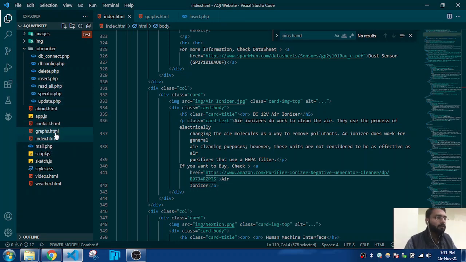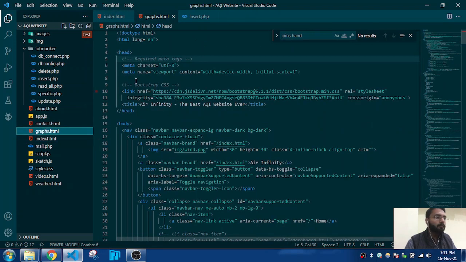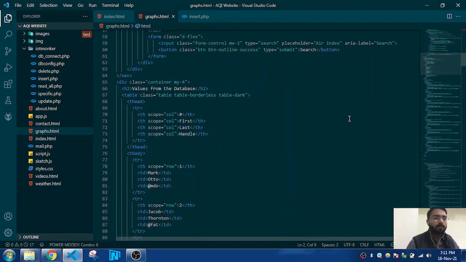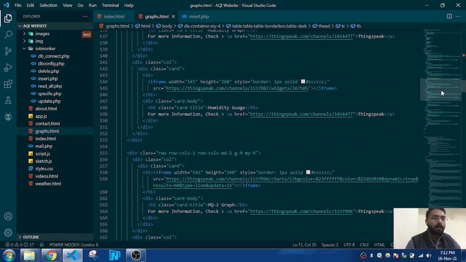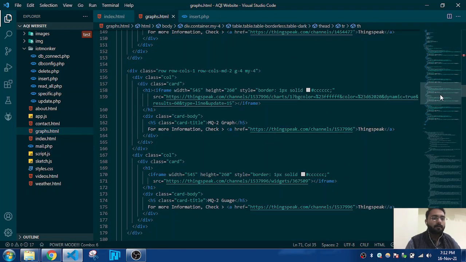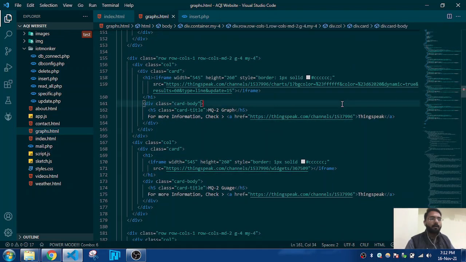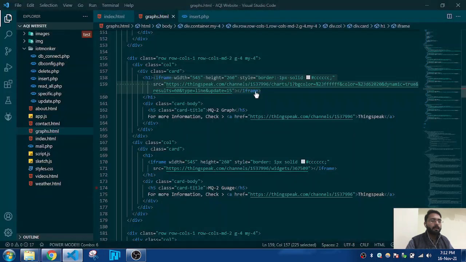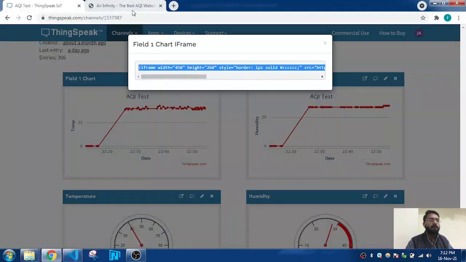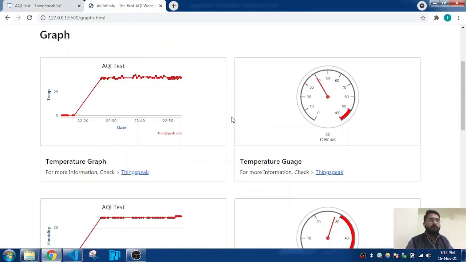This is the dashboard.html for graphs, and you can see this is the graph code. You can see the iframe. I've just copy pasted it just like that, and then it will run and show on your web page.